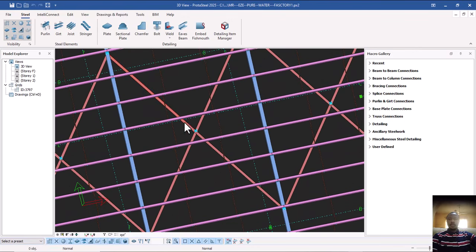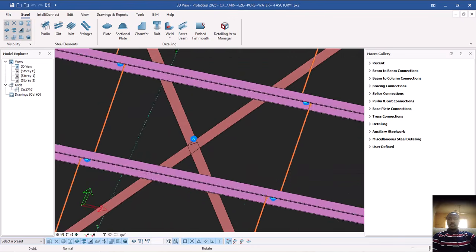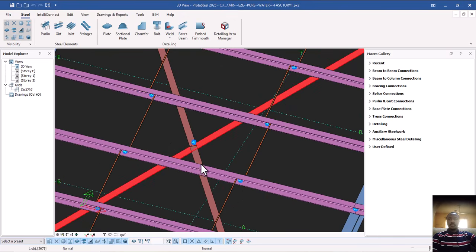Okay, so for me to do my connection here, first of all, I need to know, in this case, which one is primary and which one is secondary. If I look at this one, I think this one should be primary, correct? Understand? Every other one will be connected to this particular one, which means that from the factory, the gusset plate